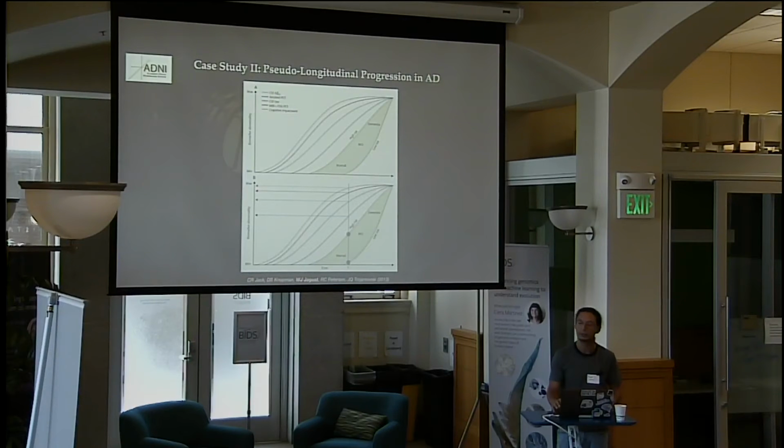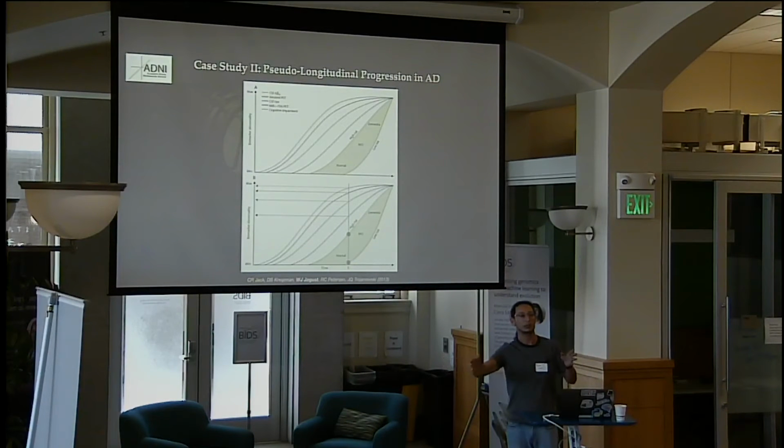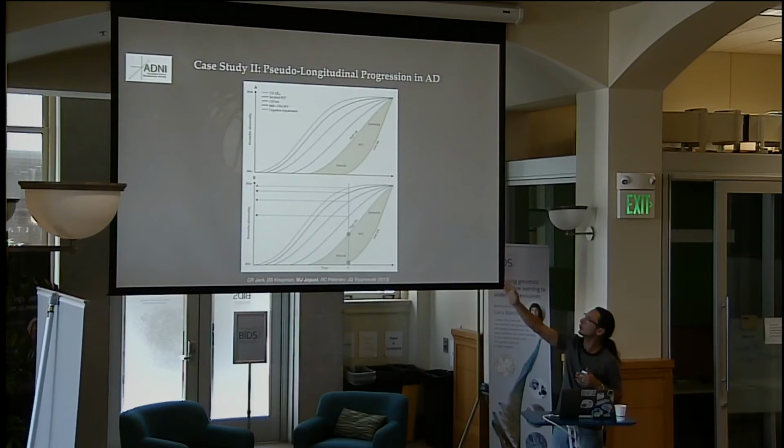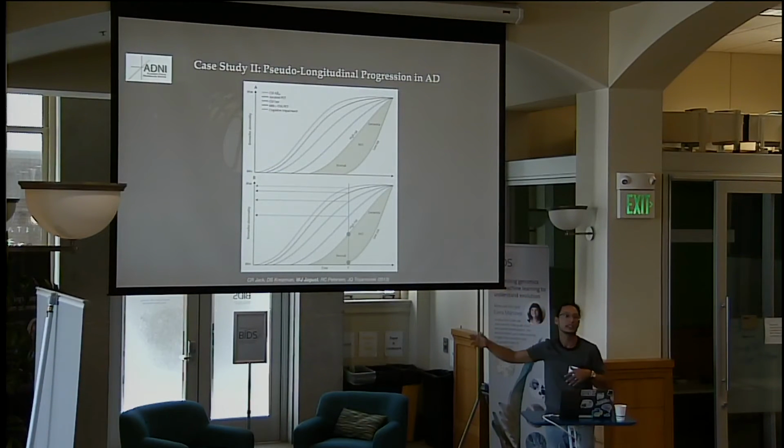The second example I have is from a somewhat old paper. The first version of this paper was around 2010, and a revised version in 2013 from some people, including Jagus, who is here at Berkeley. And what they're showing here is that if you could take a patient and follow this patient with Alzheimer's longitudinally over time, you would see an increase in accumulation of, let's say, the proteins, the amyloid beta protein or the tau protein, that would show up before you would be able to measure the atrophy, which would be the dark blue curve, the fourth curve if you go from left to right. And only then you start seeing the cognitive decline.